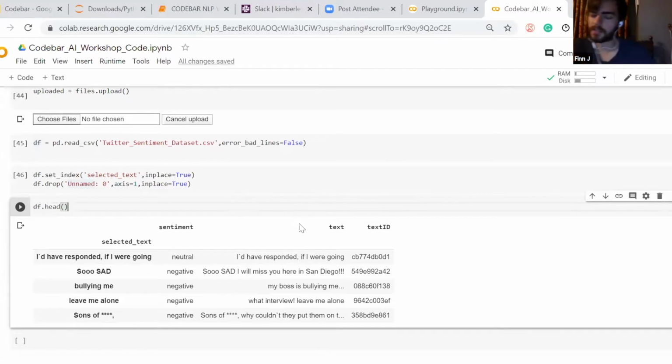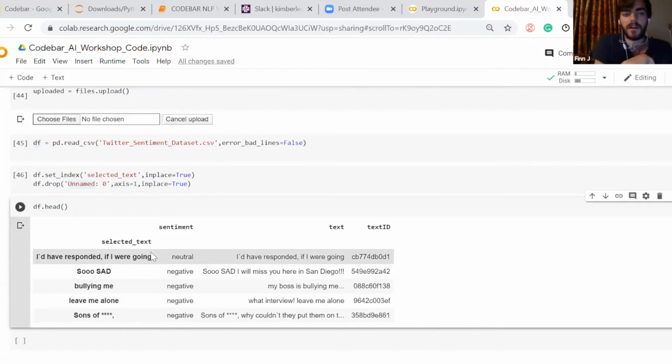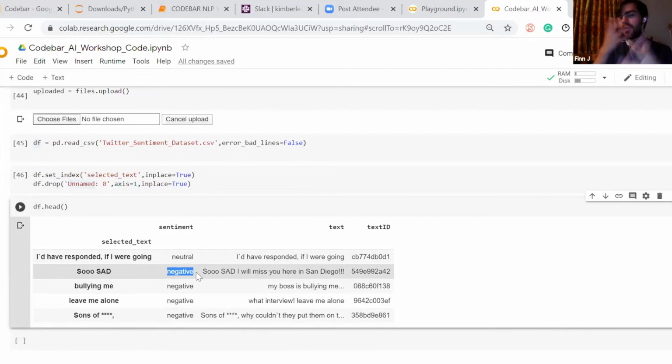Okay, great. So we're just going to have a look at the data before we do any coding. We've got a bunch of tweets labeled neutral, negative, positive. Each one has a unique ID, and there's selected text, which whoever made this data set, because it wasn't me, probably just picked the most important parts, or at least what they thought was. So it's important to remember that this labeling is actually subjective, and it doesn't give the right kind of